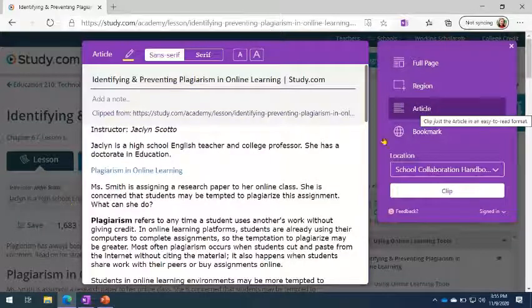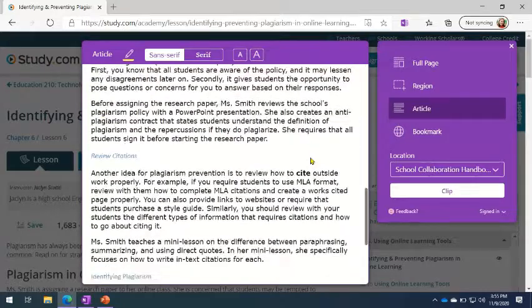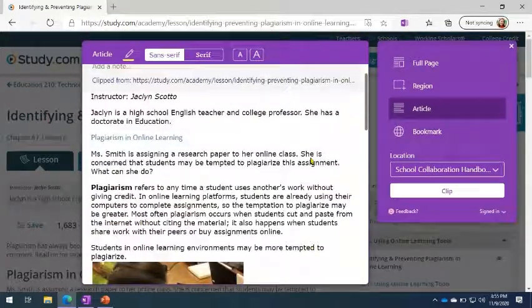The article right here is only the words, or the text will be here. We have some pictures, but what's nice about this one is that you can actually copy paste or edit the parts, or you can bookmark it, and it will be here at the side of your search bar. So if you're going to use article, which I'm going to use now, we are going to use